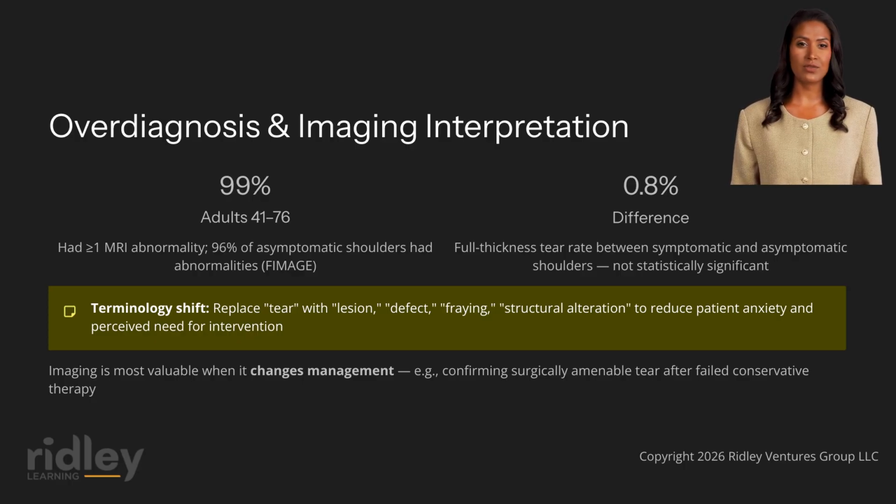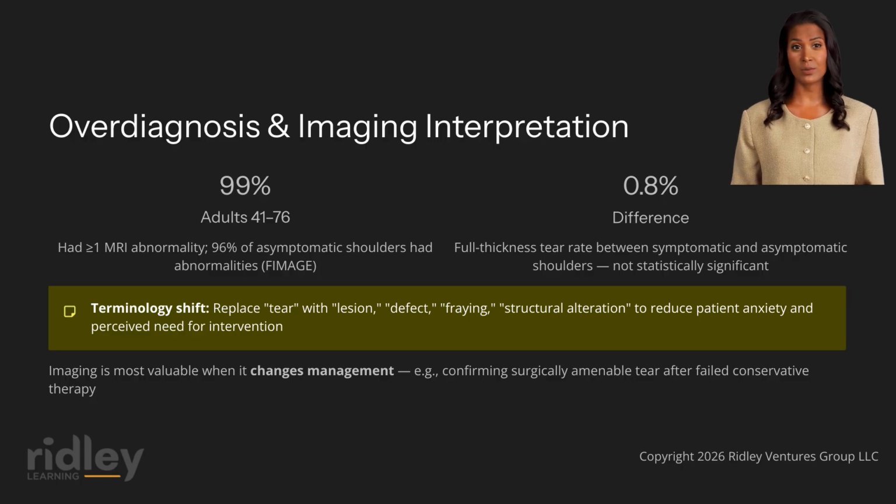The 2025 JOSPT systematic review by Sanders and colleagues synthesized data from 53 studies, finding that the prevalence of rotator cuff imaging abnormalities in asymptomatic adult shoulders ranged widely depending on population and imaging modality. These findings reinforce the need for clinical correlation and support the guideline recommendation against routine MRI in primary care settings